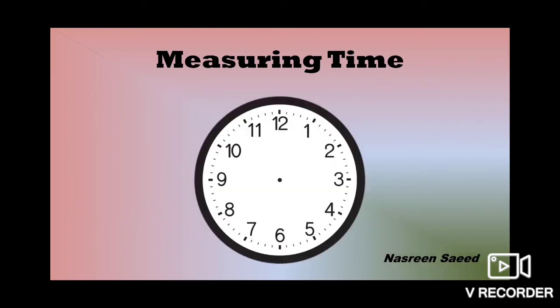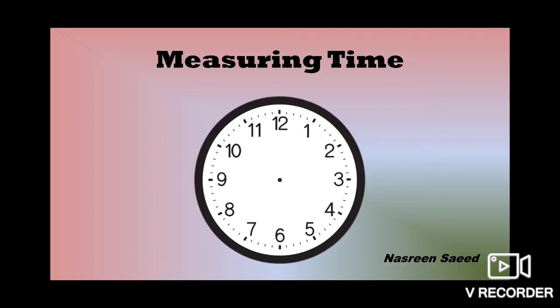Now we have seen different types of clocks. Let us see what a clock looks like. In this picture I have shown an analog clock. The numbers are written from 1 to 12. It is divided into equal parts. If you see the small lines in between, between all the numbers there are 5 small lines, where the numbers from 1 to 12 are written.